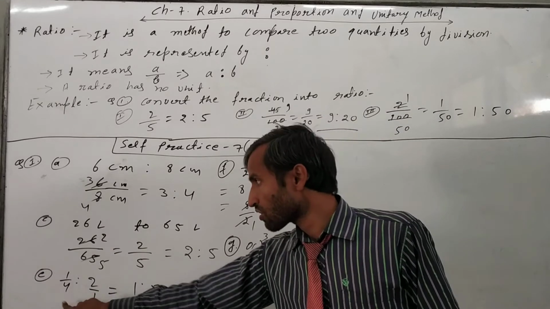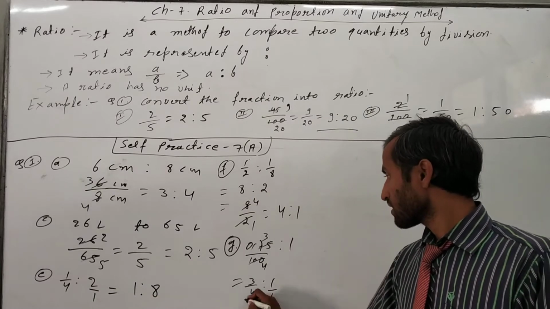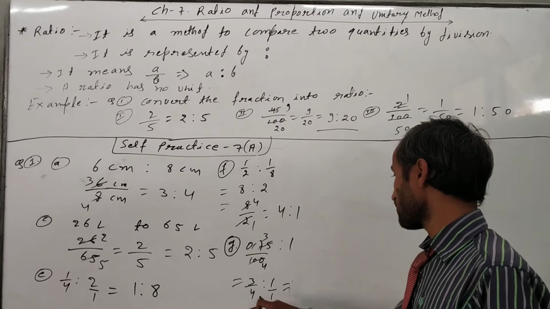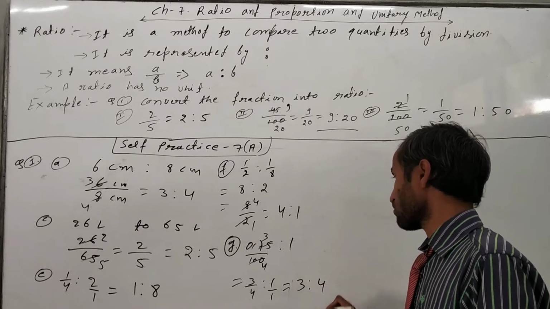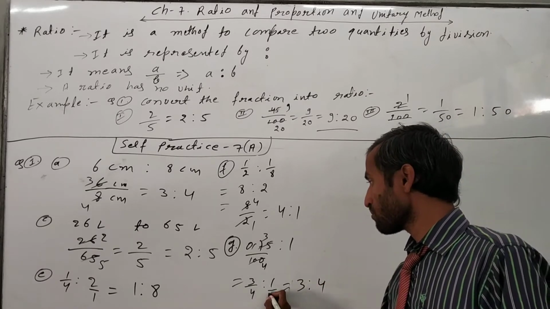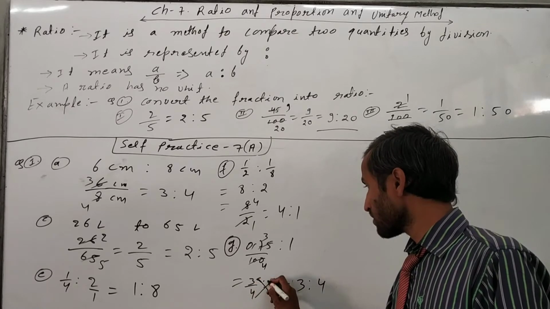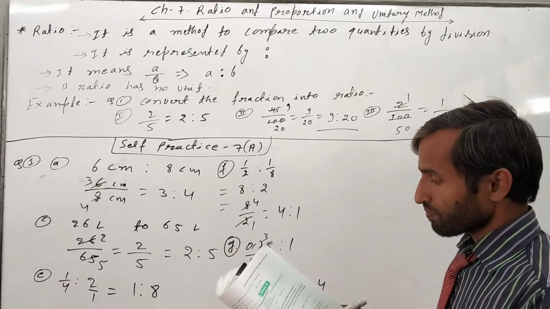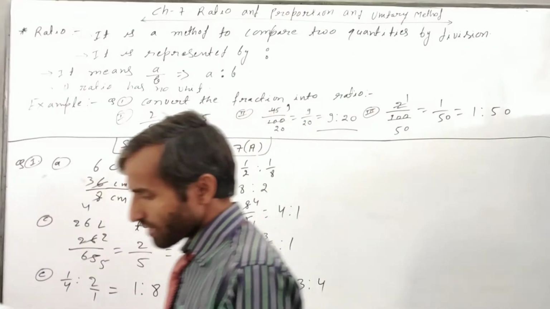After that, again just cross multiply like this upon 1. Then it will come 3 is to 4. We will multiply here, 3 will come and 4, then it will come 3 is to 4. In multiplication, be careful. This will go that side and this will come this side. Okay, then it will be correct, otherwise wrong. Now G, whatever any part is there, just try yourself.